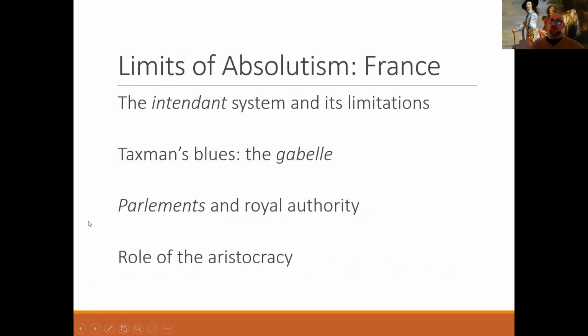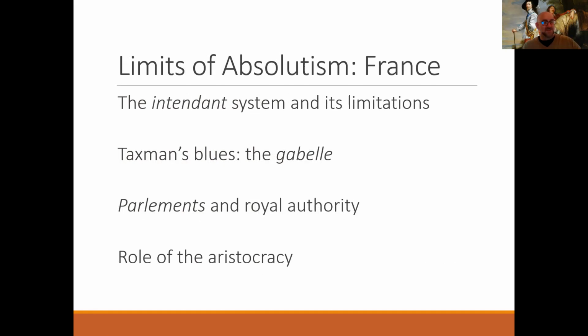However, as I mentioned before, it has this cultural influence. People want to imitate it. It doesn't necessarily have that much success, or I'll put this in the terms, it has limits. A lot of them, actually. I mentioned the intendants. I haven't mentioned this yet, but one of the things Louis XIV did was regularize and establish a system called intendants. They are salaried officials who go out in the